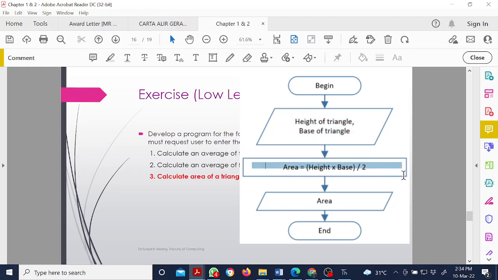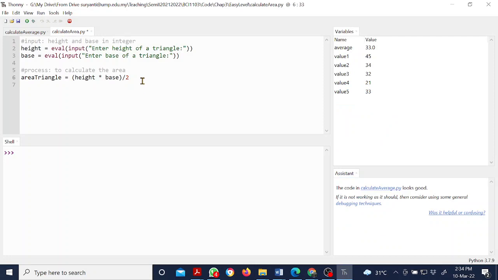Okay. So now, based on our flowchart, we have done this part. So now we're going to print this area. Okay. So we're going to have our output to print the area. So just print it. So I'm going to give a meaningful and presentable output. So I'm going to tell user what is this one. Okay. So this is I'm going to put as the area for the